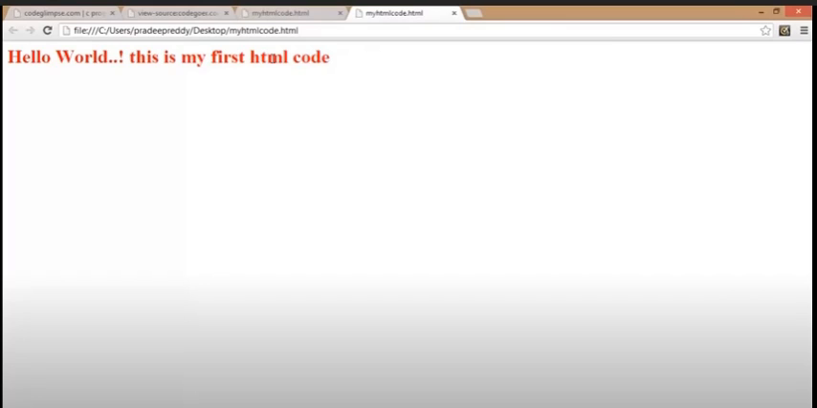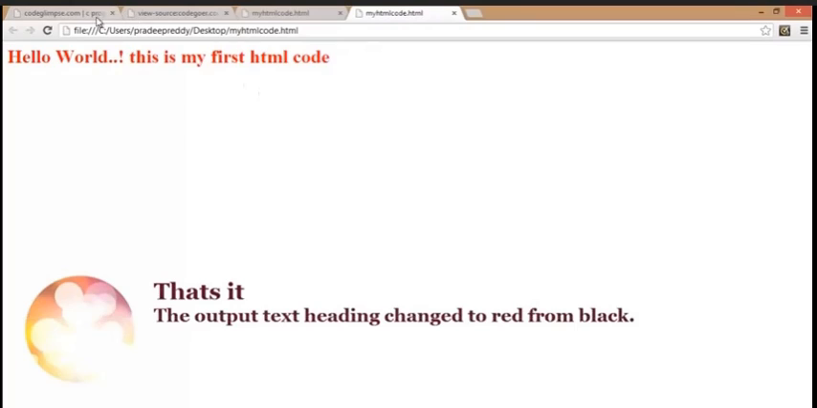So why is it happening? Because we have used the style attribute. Because we have used the style attribute, hello world, that's the output. The text heading changed to